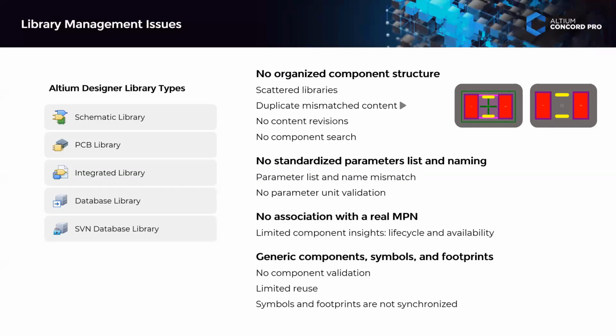So how can we avoid this issue? Normally, we can create a component inside our Altium Concord Pro server. Once you create it, it will have a revision one. Automatically, when the user wants to create a duplicate, it will show the component is duplicated, and it will act as a revision number 1.2 or 2, whatever it is. So the original component cannot be edited in any way.